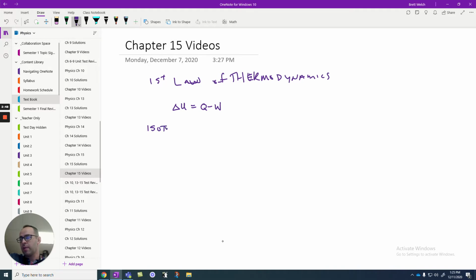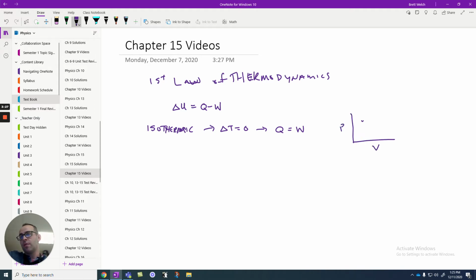So we have isothermic. If we have an isothermic transformation, that would mean that the change in temperature was zero. There's no change in temperature, which implies that the internal energy of the substance did not change, which would mean that the heat that's added to the system is equal to the work done by the system. So I'm adding this heat energy, but it's doing work, and at the end of the day, there's no change in temperature. We're going to talk a lot about a PV diagram where we measure pressure against volume.